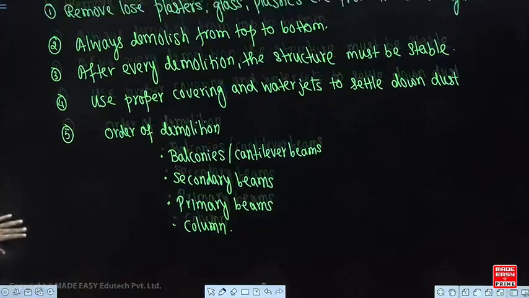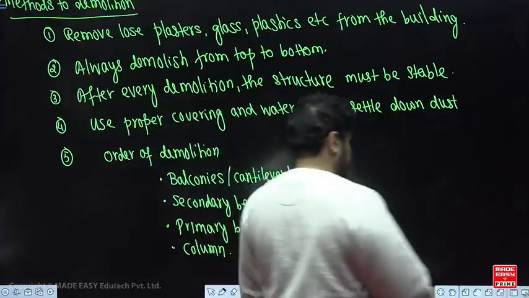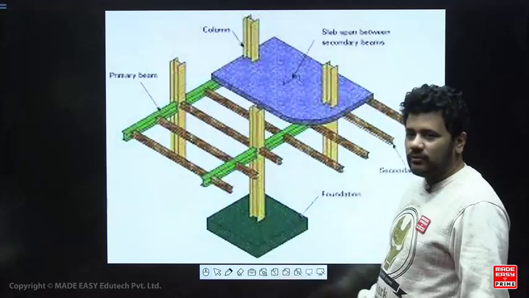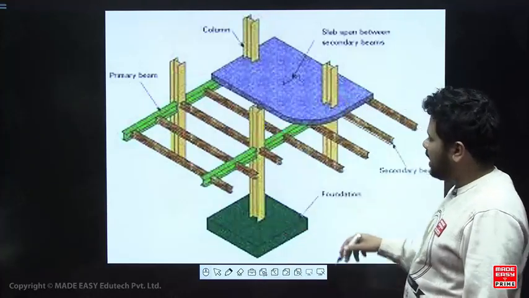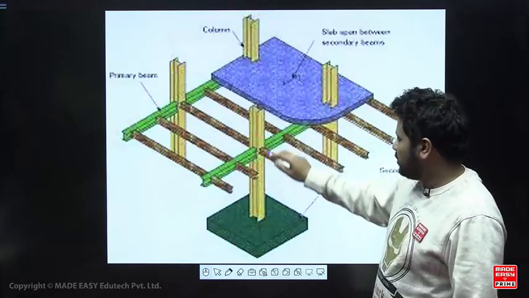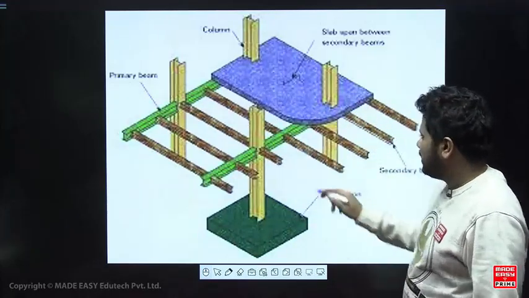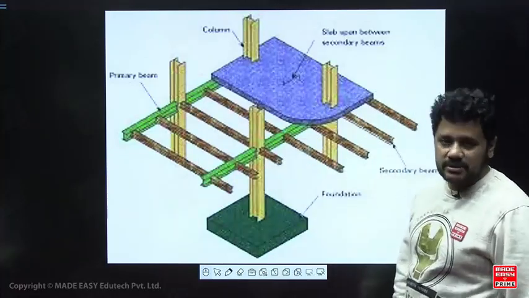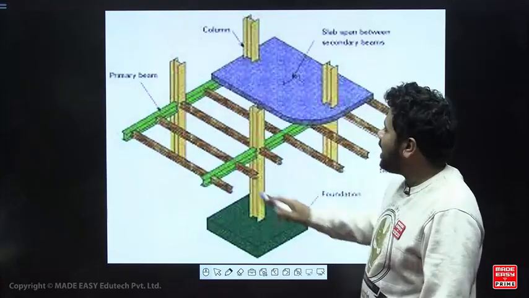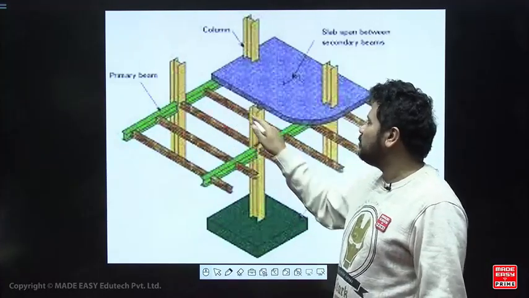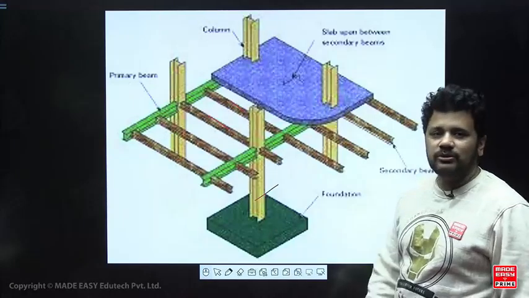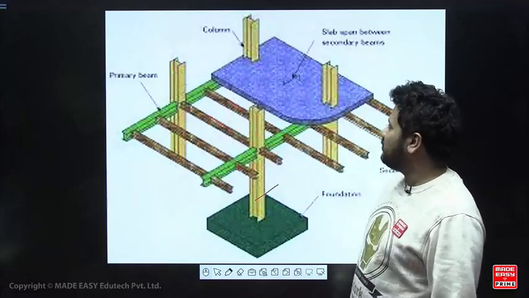हाँ, ये अब देखो क्या होता है, बालकनीज, कैंटिलीवर, फॉर एग्जांपल सी हियर, this is basically called the foundation, इसको बोलते हैं फाउंडेशन। This is called a column, जिसको आम भाषा में पिलर भी बोलते हैं, है ना। तो जमीन के नीचे जो होता है उसको बोलते हैं बेसिकली फाउंडेशन। So there is a column, और जिसको हम लोग पिलर भी बोलते हैं। This green color are called primary beams, जिसके ऊपर जो कॉलम होता है, इसके ऊपर जो होता है इसको बोलते हैं प्राइमरी बीम। And these are basically called secondary beams, इसको बोलते हैं सेकेंडरी बीम्स, right. So when you are going to demolish, don't break this one first, टांग तोड़ोगे तो सीधा आप ही के ऊपर गिरेगा।